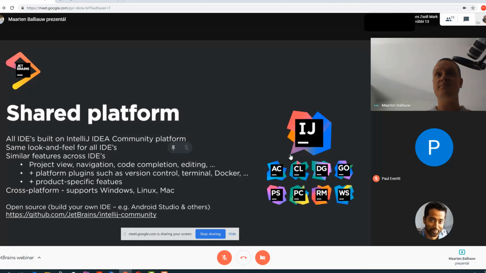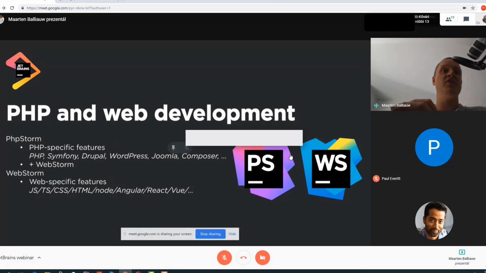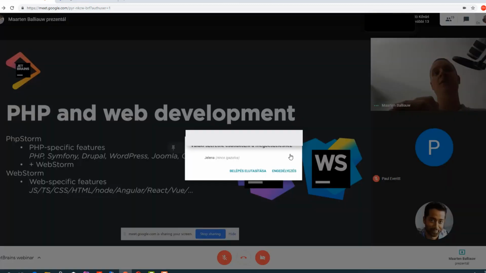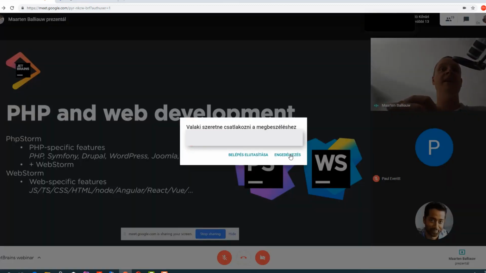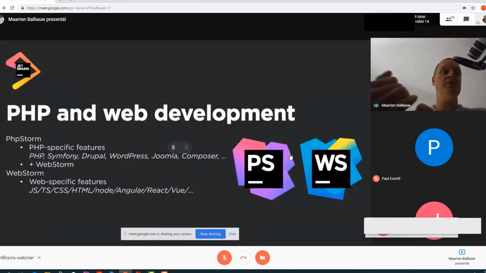Now, let's dive into PHP and web development. So I already mentioned that I will be showing PhpStorm. Paul will be showing off WebStorm, and PhpStorm gives you all the PHP-specific features where you can use, of course, PHP as a language, but also frameworks like Symfony, Drupal, WordPress, Joomla, Composer, and so on. But you also get all the WebStorm features inside of PhpStorm.